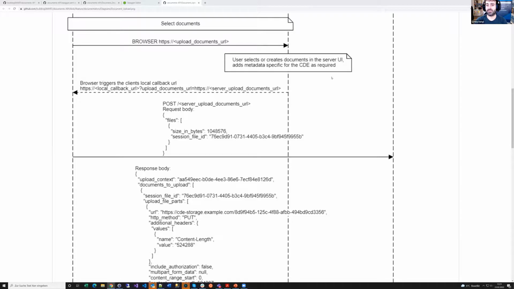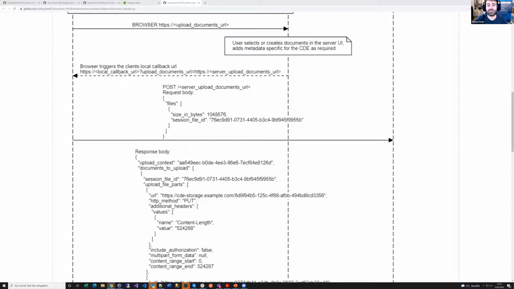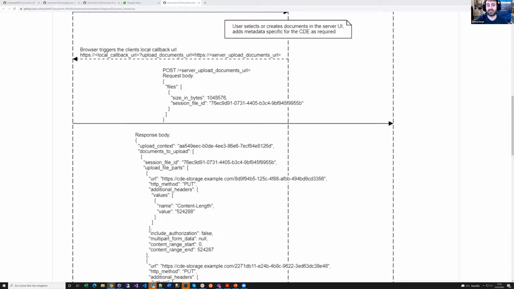You might enforce a naming convention for documents in your project. There's really no limit to what could be required. This is why we have chosen this interactive flow, why you as the user are presented with the native server UI, so that whatever rules are in place, they can be followed. And in the end, the server just triggers a redirect to a local client, which then includes a single URL where the client can get